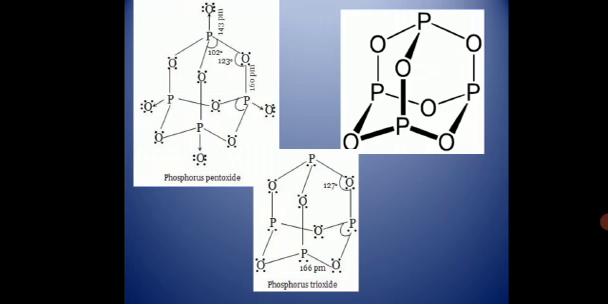How many lone pairs it has, what structure it has: that is phosphorus trioxide, P4O6, and phosphorus pentoxide, P4O10. So I have shown you the different structures of the oxides of phosphorus. Got it? After showing the oxides of nitrogen, you can see the oxides of phosphorus. So next you can see